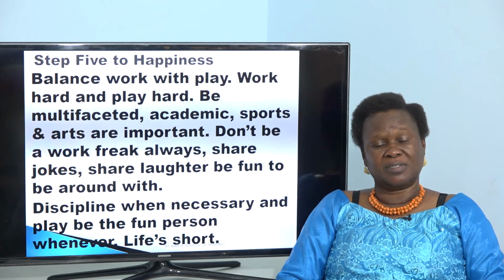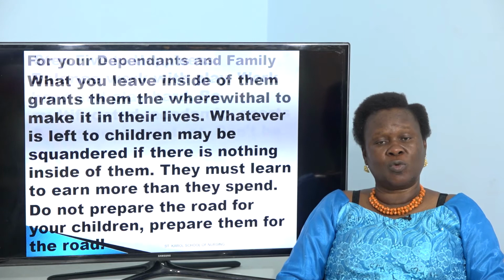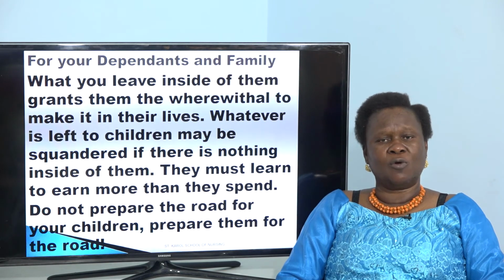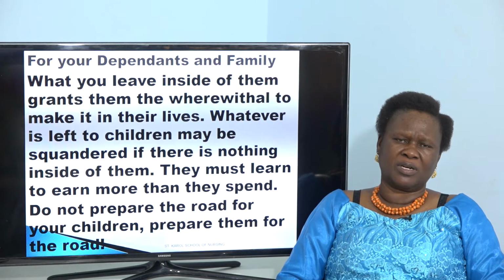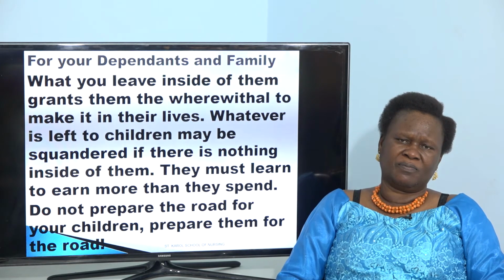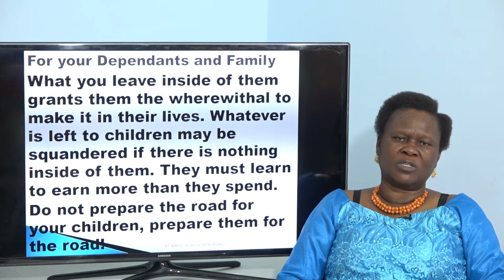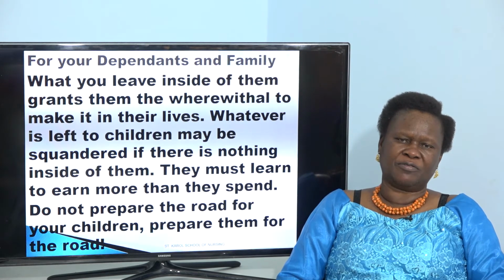Life is short. It passes so quickly. Now, what you leave inside your dependents, your friends, your children, what you leave inside them, not the world without, is what helps them make it in life.